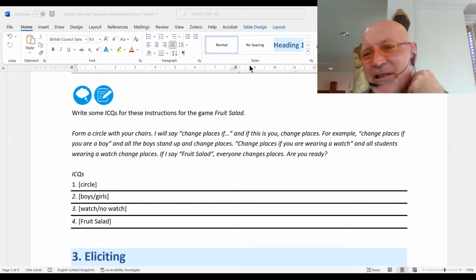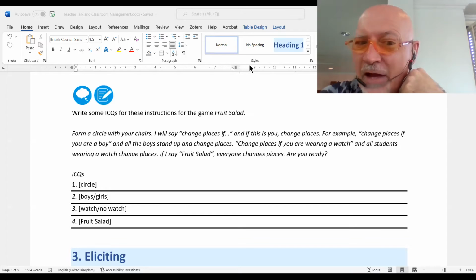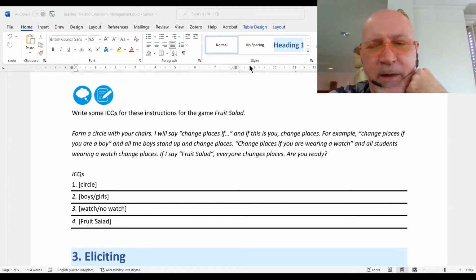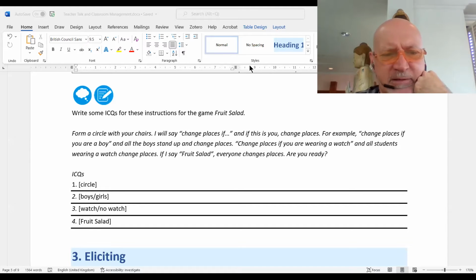Who changes places, the boys or the girls? And the answer, who can type it in their comment box? Exactly, the boys. Good. So if I say change places if you're a girl, who changes places? The girls. Great.